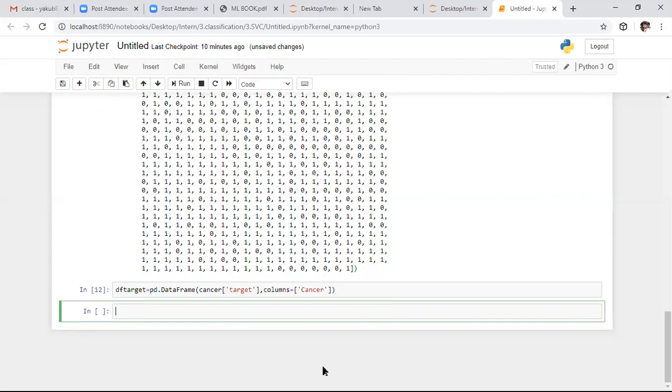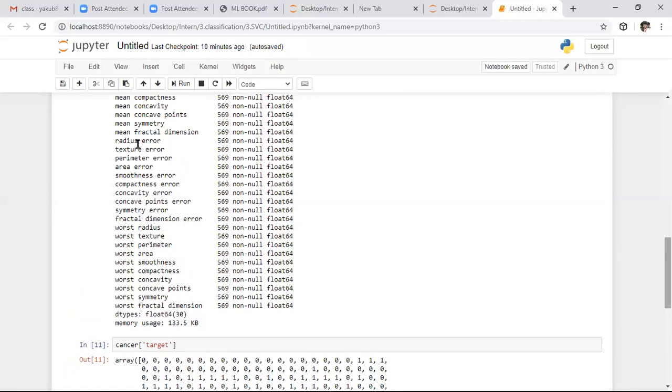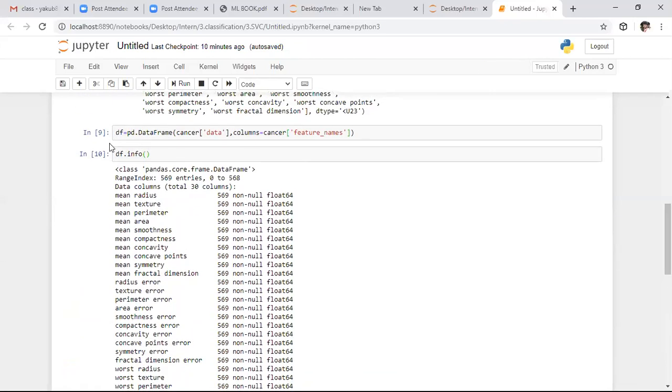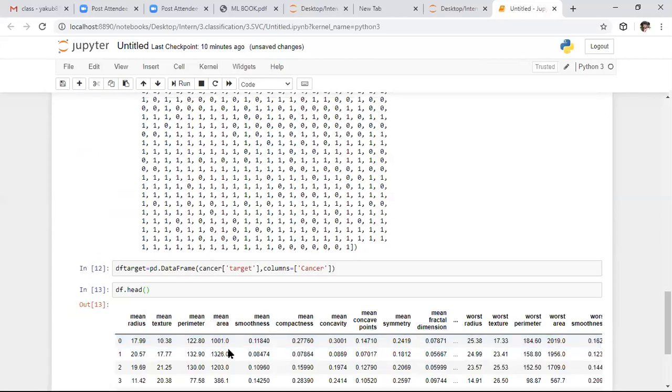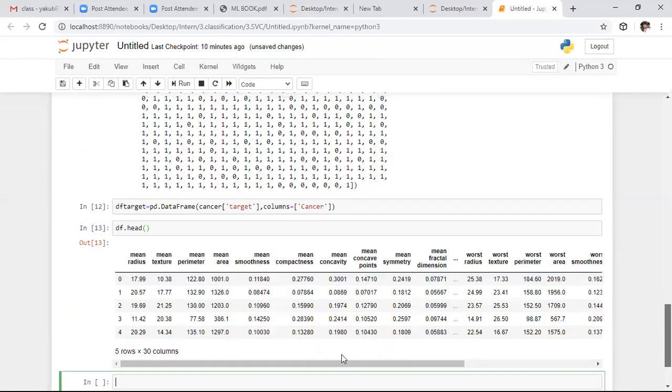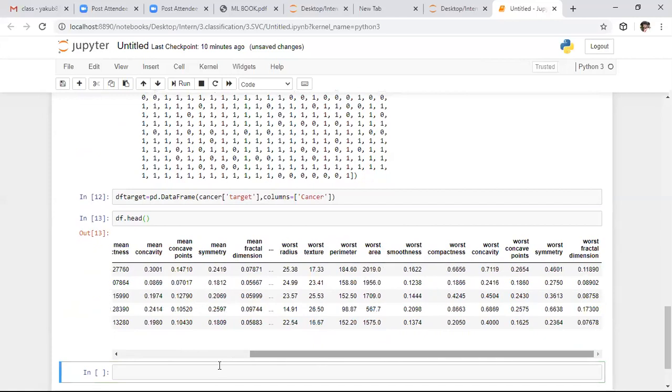So I want to observe the features. In which thing do we store the features? Yeah, in the data frame we store the features. For the target also we created a new data frame. So here df contains all features. To know the head of all the features, I'm saying df dot head. Whenever you apply head on the features, it will return the features we have. So here these are the features which are measured, these are the different columns of data we have.